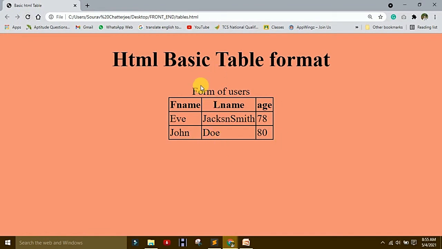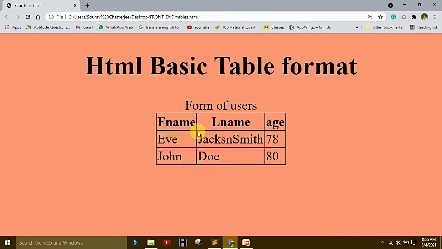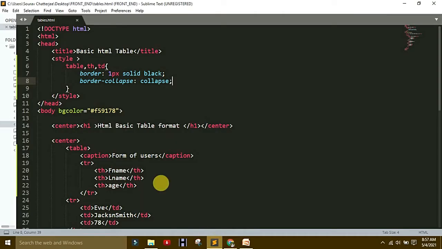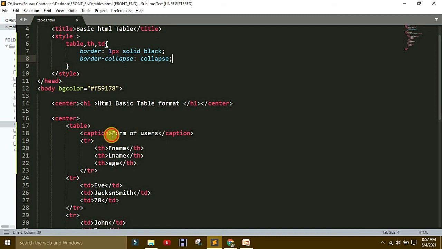You saw the changes. Okay, form of user is the heading of the caption. Okay, that is the use of caption. If I increase the size, you understand so much. Sometimes some users want a caption under the table. So how to make it under the table? Go to the coding. Okay, when you make the caption, write here style. Okay, then again caption-side. Okay, then bottom. Okay, then save it.